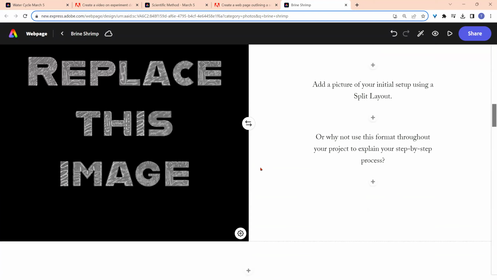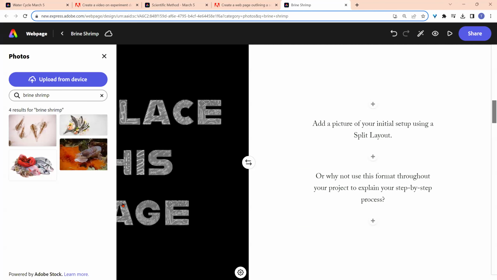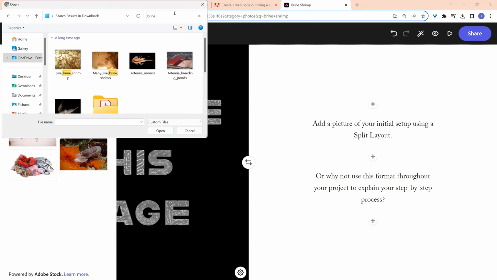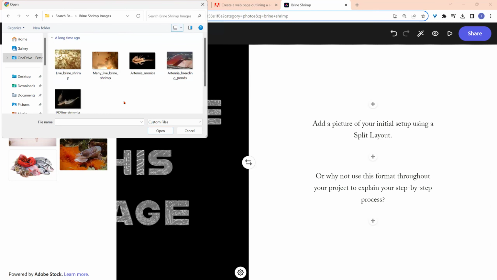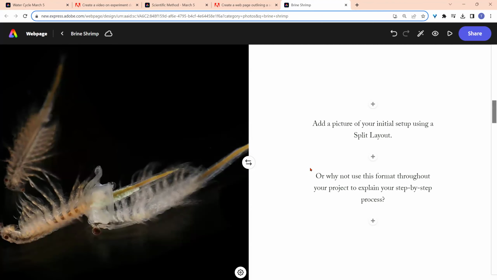And so what I can start doing is I can just start replacing the image. There are not many, but I can upload from device. And let me go get my brine shrimp images. So let's pretend for a second that I took these pictures in class, and go to the large icons. And let's go with this one. All right. This one is what's called a